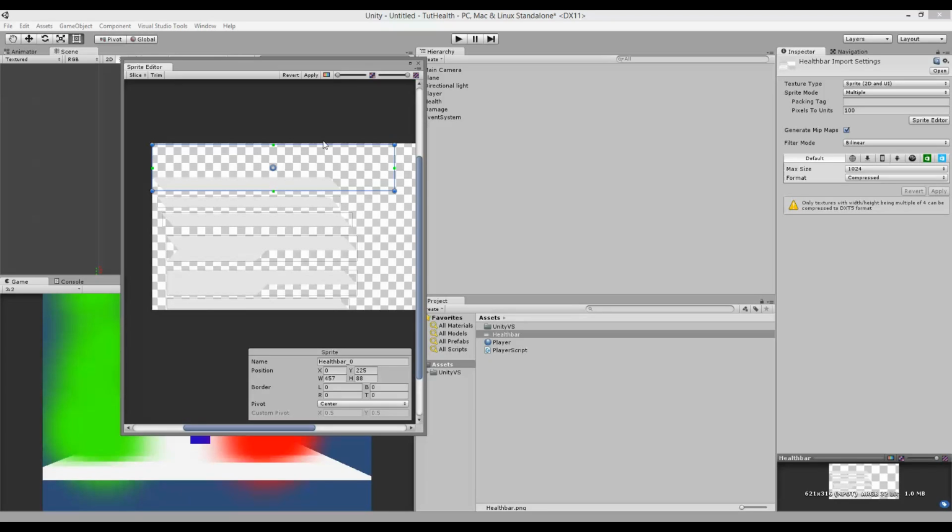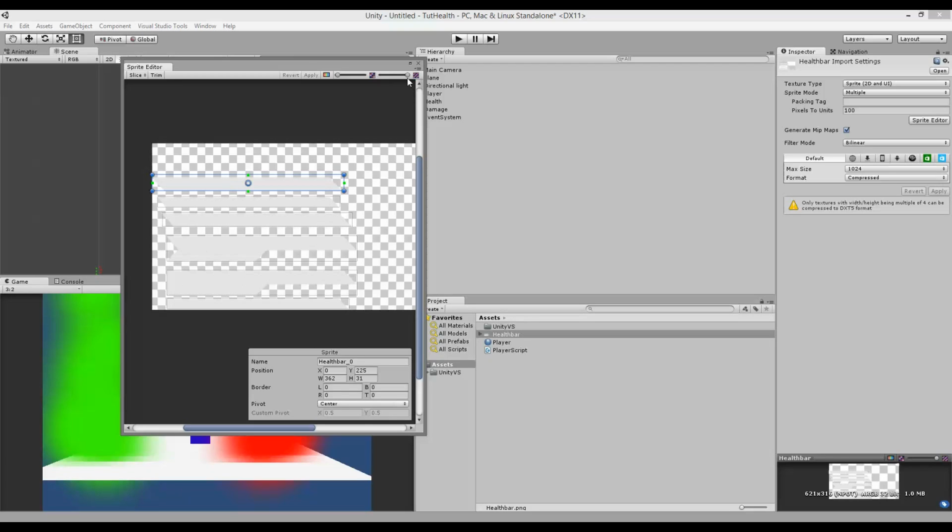But the top one here is a little out of place. As you can see, it has a lot of white space around it. Just take that one and drag it to the X by clicking that box, and then you can drag it down so that it fits better. Anyway, when you have done this, you simply click the apply button, and now it has sliced all these sprites